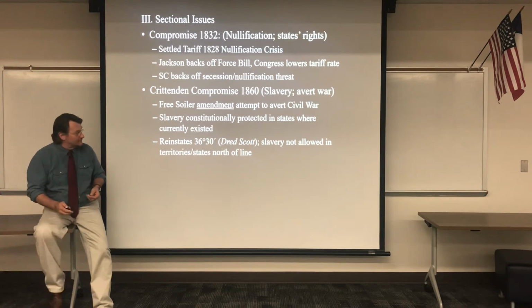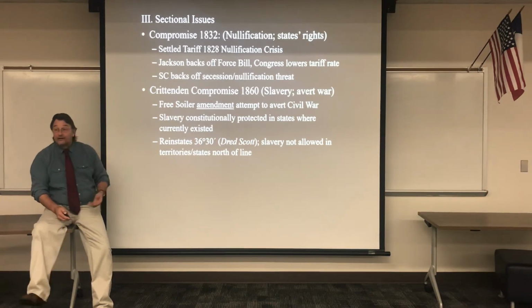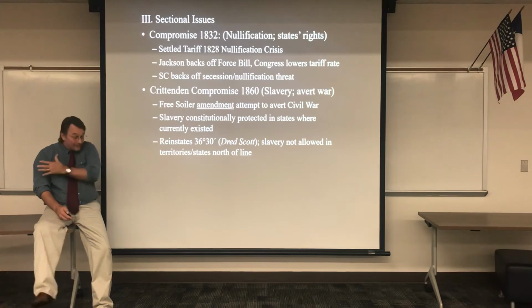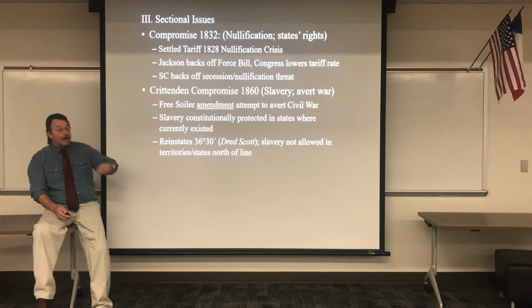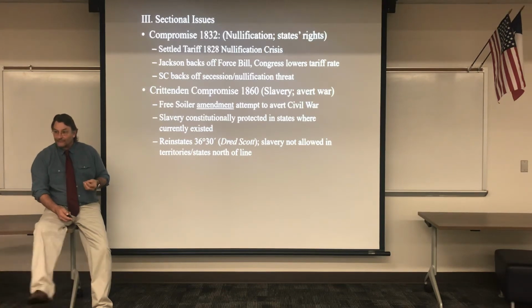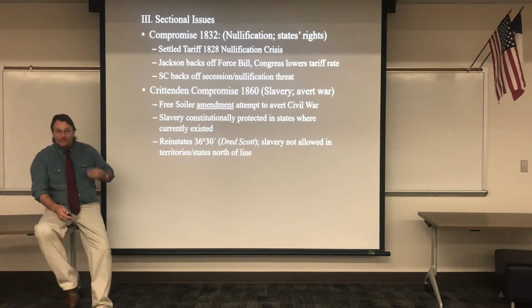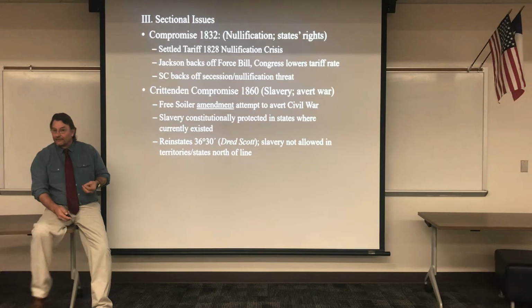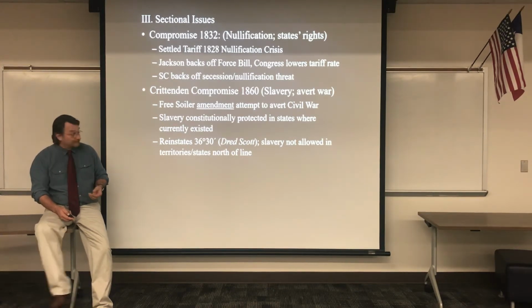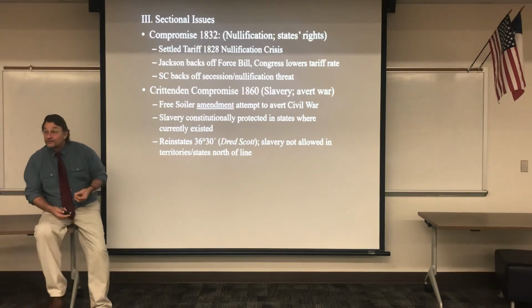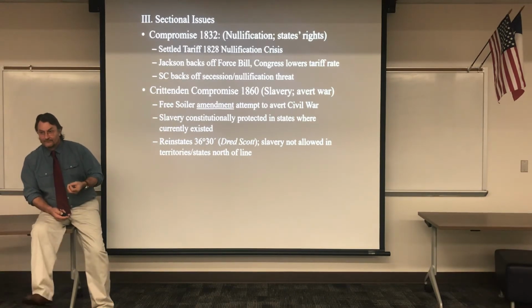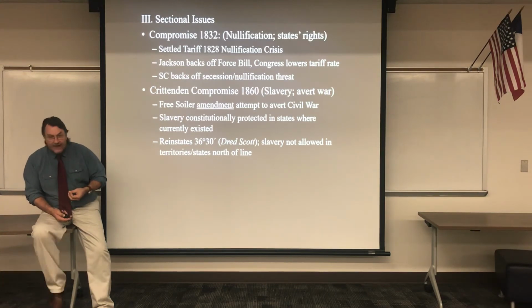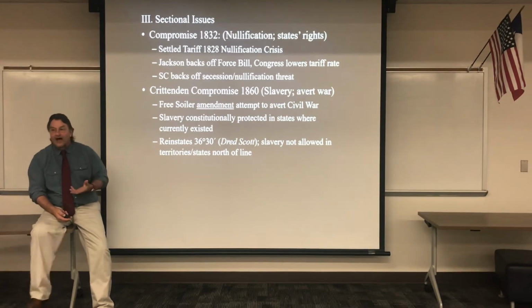What he's doing here is giving Southerners everything below 36-30 where they can expand. And guys, by this time, remember William Walker, the grey-eyed man of destiny? You've got filibusters going into Mexico. They're trying to capture Central American nations to spread slavery there. The thing about Crittenden is this: it has to be an amendment. If it's not an amendment, it can't overturn Dred Scott.